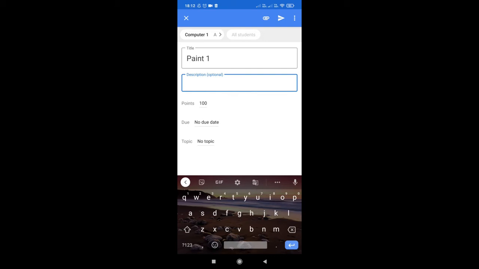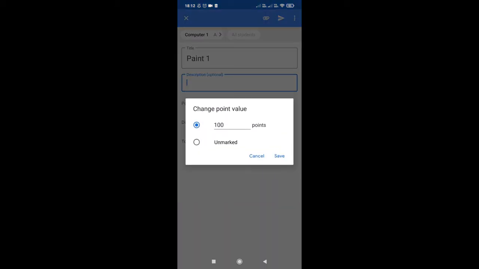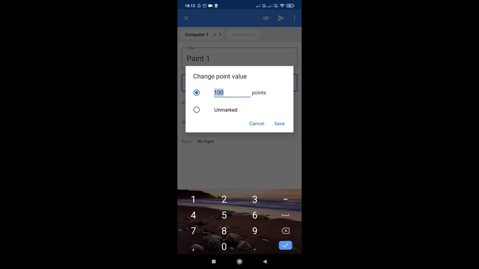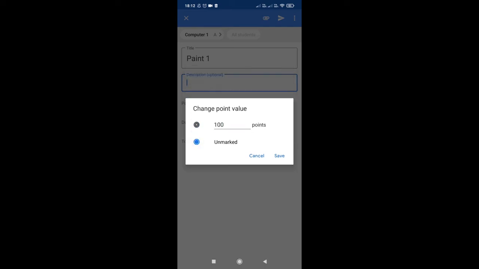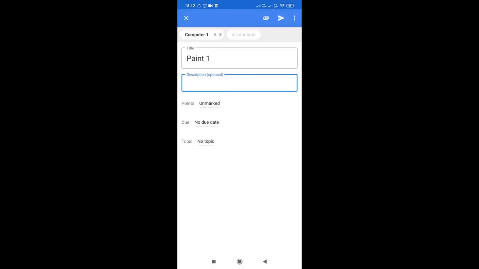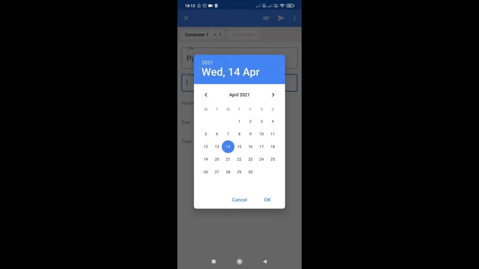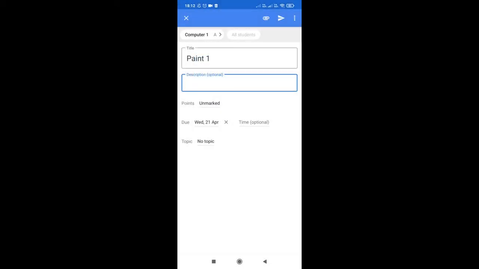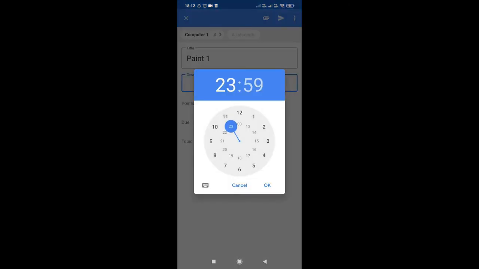instructions, you can write them over here. Then if you want to grade it, you can give the points, how many points, you can change them. And if you don't want to use any grades, if you don't want to give any marks, just keep it as ungraded. The same way in the desktop and laptop also. And then click on create. If you want to mention a due date by which the student should submit the work, you can mention that. And you can also mention the time if you want to.